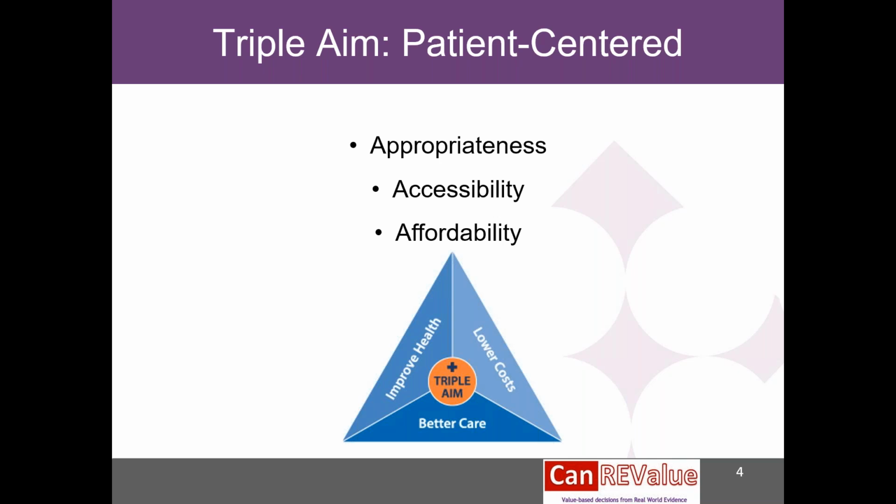And after a drug is funded, the other possibility is that we can use real-world evidence to look at real-world value for money, real-world cost effectiveness. If the drug is priced in such a way that in the real world it's not cost effective, unlike the original projection, then maybe there's an opportunity to renegotiate the price. In that case, maybe we can free up the budget from a payer's perspective and allow for more access for future drugs. So there are a lot of theoretical potential opportunities for the use of real-world evidence.